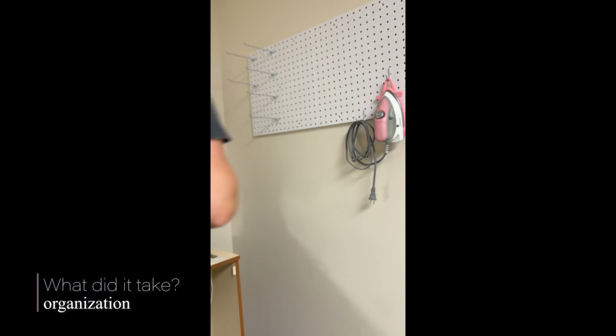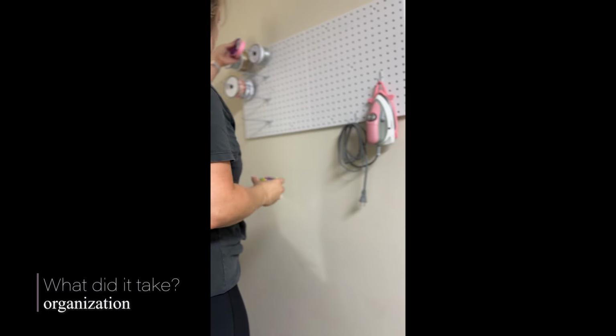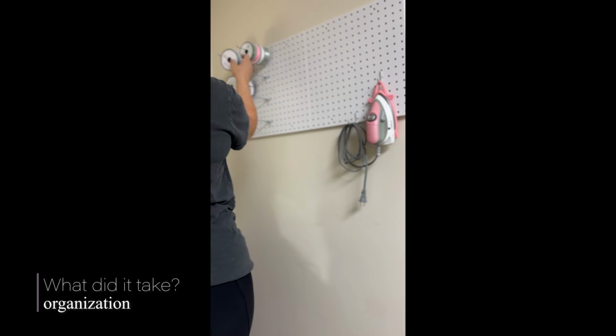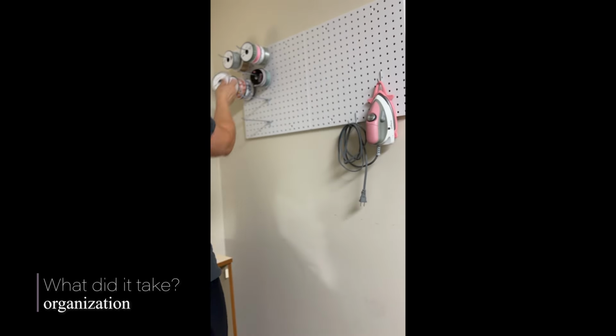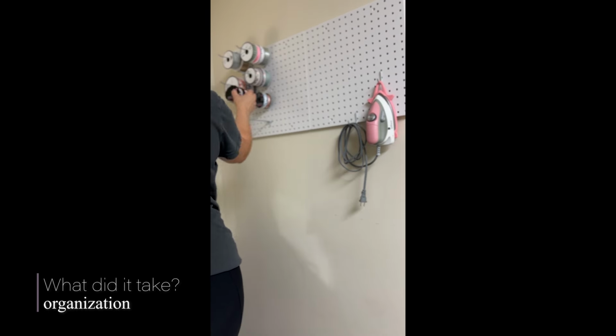Again, keeping everything organized, it really not only makes the sewing more enjoyable to me, but it helps me find what I need quickly, and it becomes a place that I actually want to go to instead of just a pile of things. I think I'm gonna do more sewing here if I can just jump in without having to